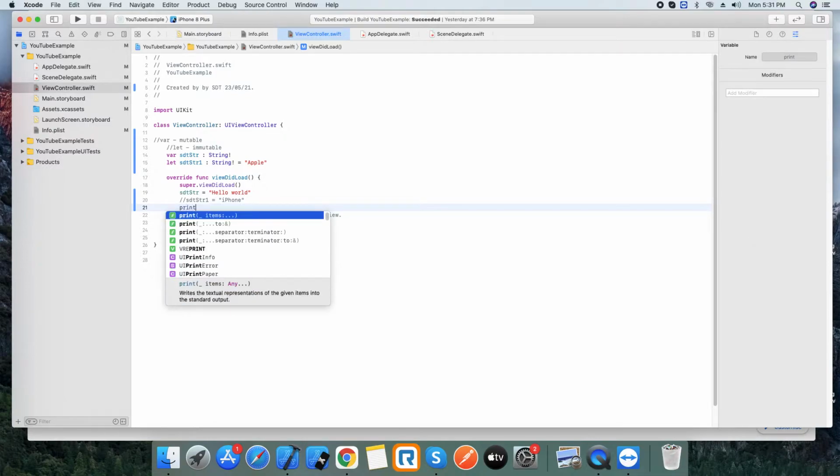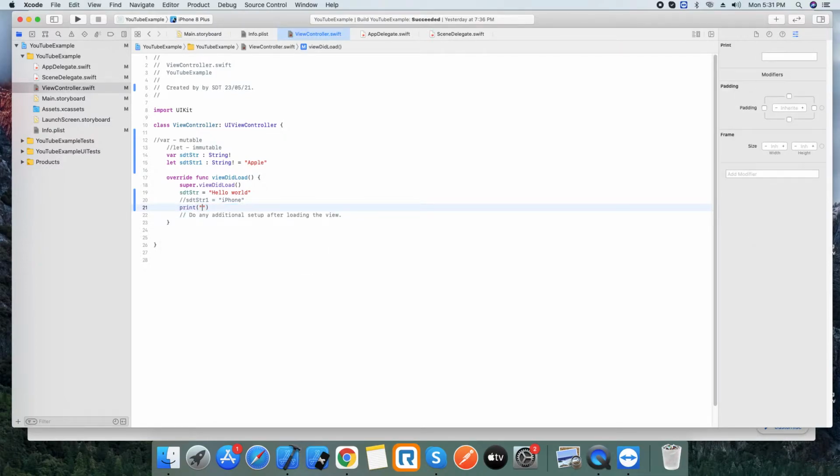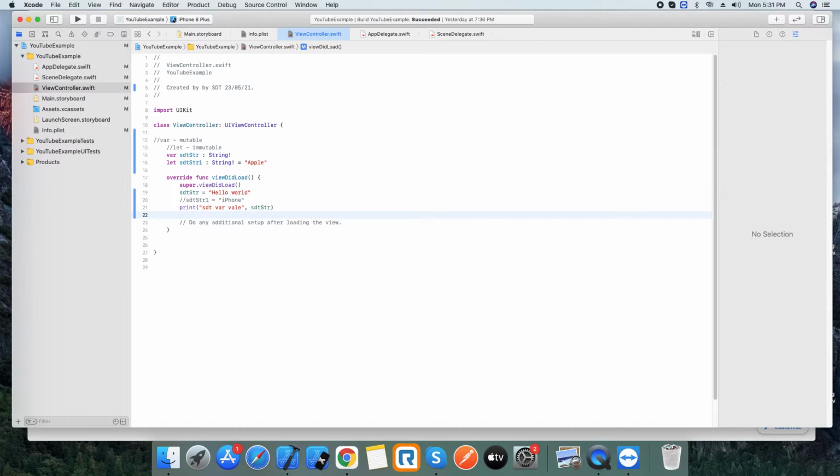We have print, and I'm going to type, it's my wish, var value, comma, str, and I'm going to copy this to print the let value. So let means str1, right?